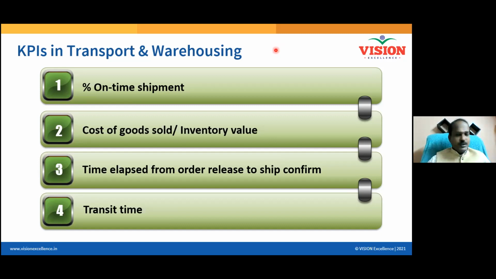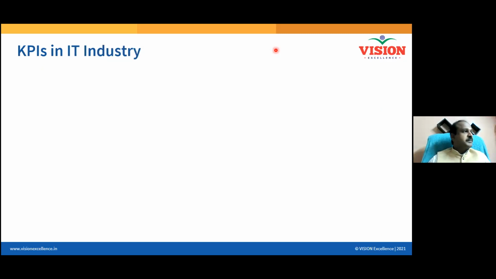So do you want the transit time to be longer or shorter? Shorter, sir. Shorter, right? All of this means you are trying to cut down your costs. All of this means you are trying to improve the satisfaction of the customer. All of this means you are trying to maximize your profit and identify the appropriate metric. If you are very good at identifying the metric, then you are an asset to your company.